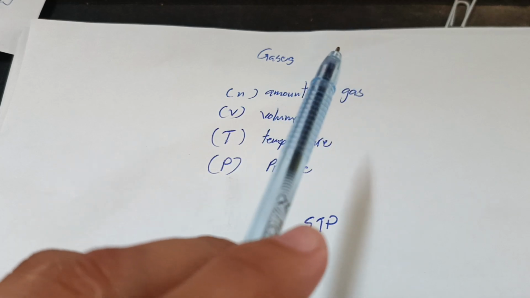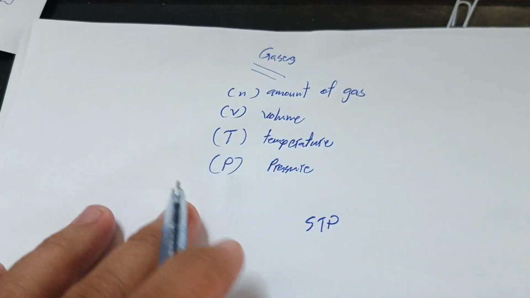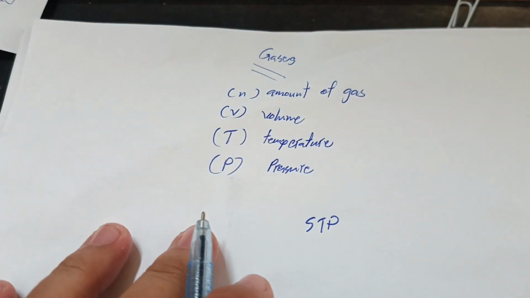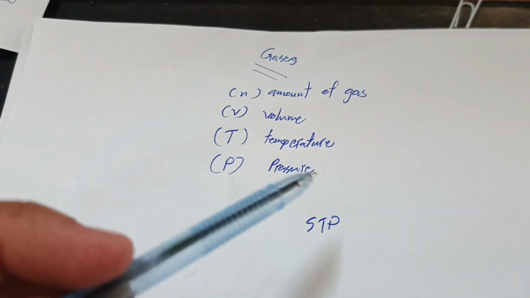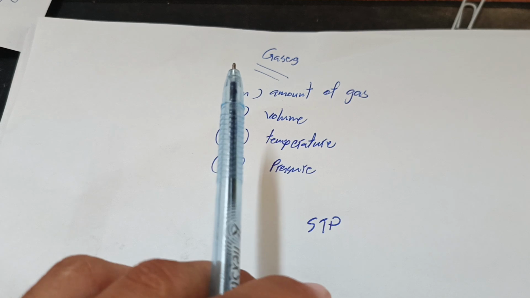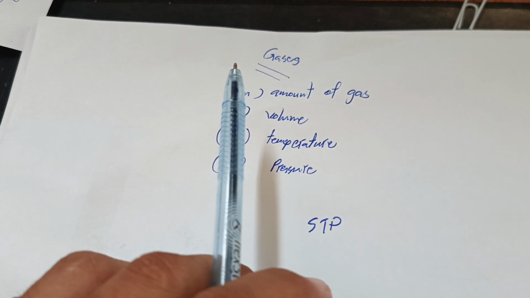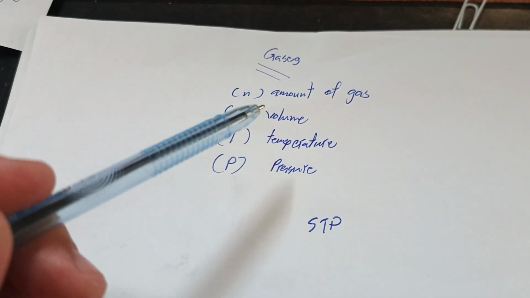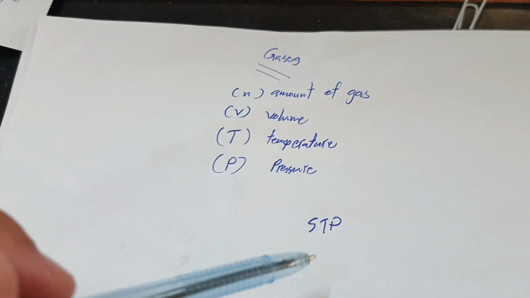So STP simply means the pressure and temperature of atmospheric pressure at 0 degrees Celsius and 1 atmosphere. To further explain gases, we have four laws that govern their behaviors: Boyle's law, Charles's law, Avogadro's law, and Dalton's law. And then we have a special type of law that also explains ideal gases,